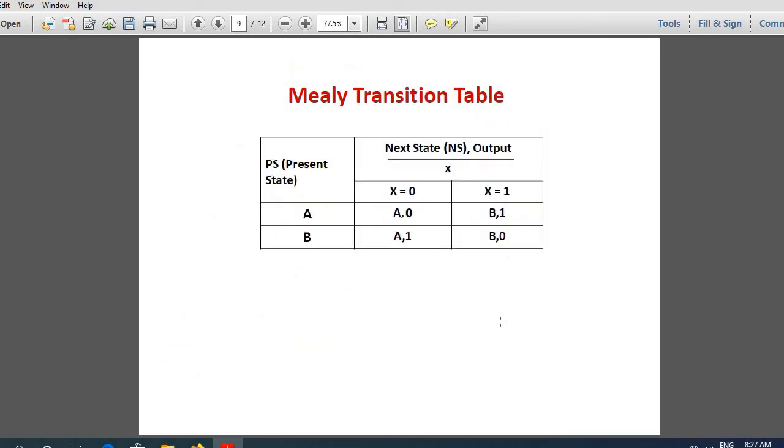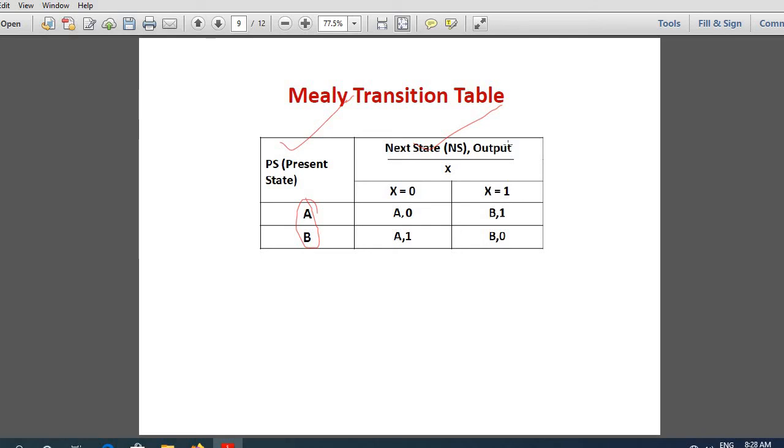Now how am I going to represent my state transition table? This is how you represent a transition table for Mealy. You first write the present state, then you write the next state, comma, output for the different inputs. Here in the elevator example, how many states do you have? You have states A and B. Output is a red light indicated by 0 and a green light indicated by 1.